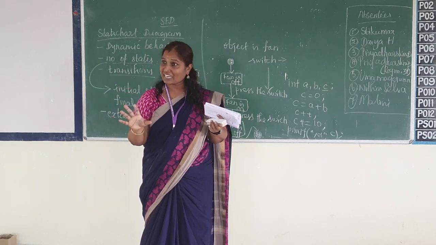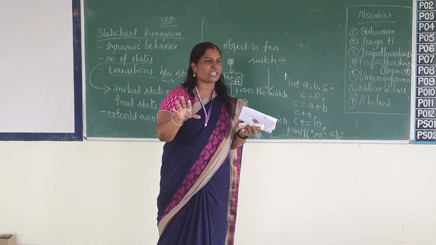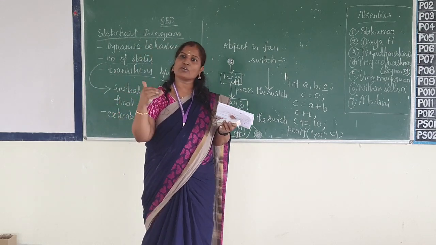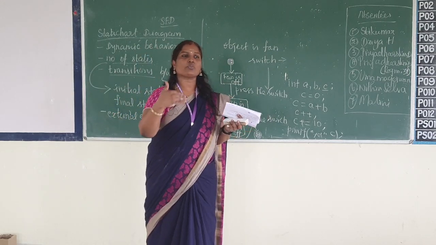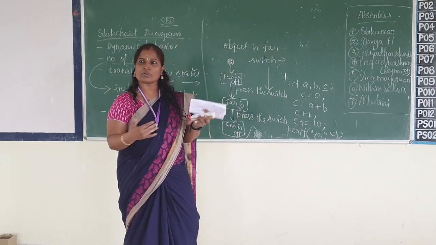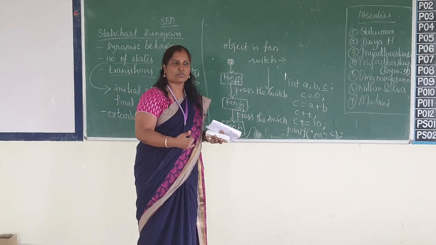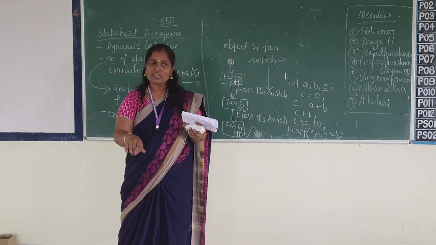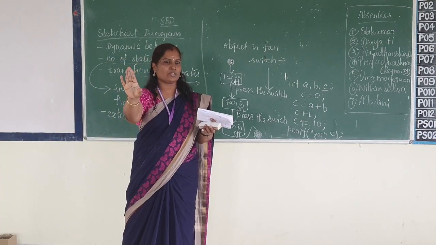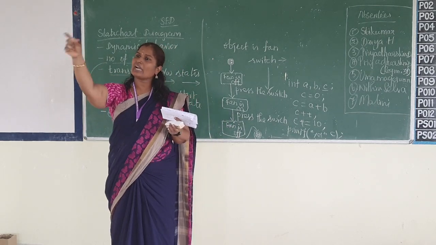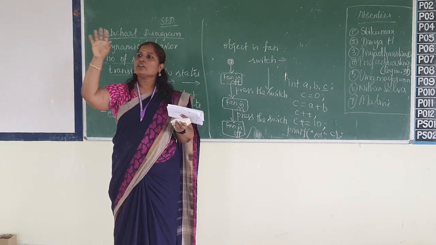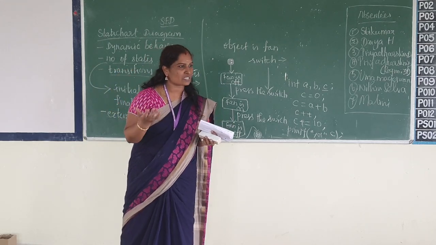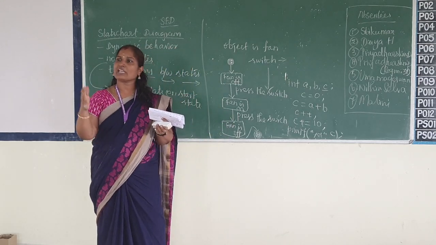Whereas here state is only for an object. Here the object is our ATM card. Using the ATM card we are going to do the transaction. So only the states of the ATM card are what we are going to represent now. Okay? Now the PIN is not correct. So there itself you come to an end. That is one part. Otherwise the activity diagram will take care of that. It will be telling you the PIN is incorrect. So we will be trying once again. Once again if you give the PIN it may work.